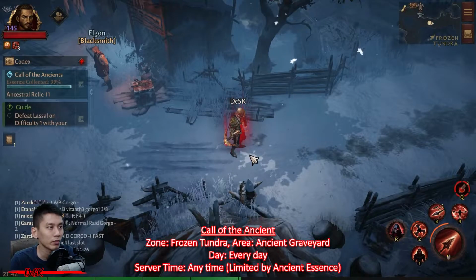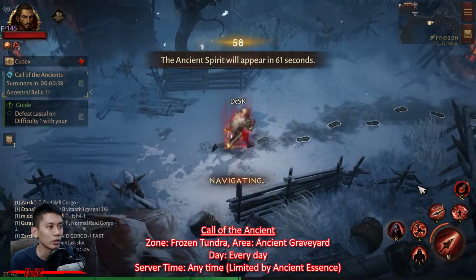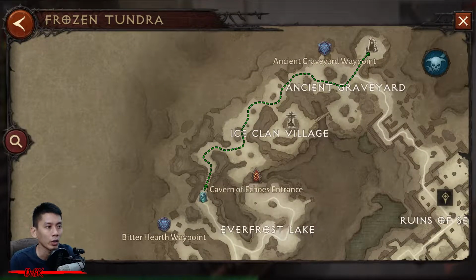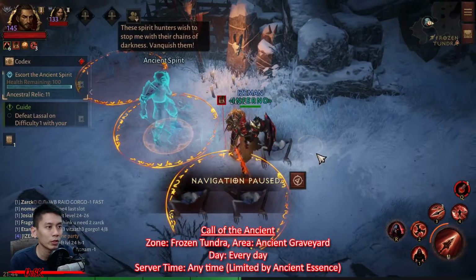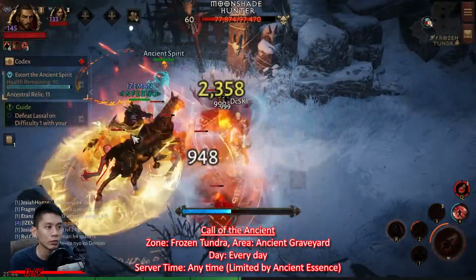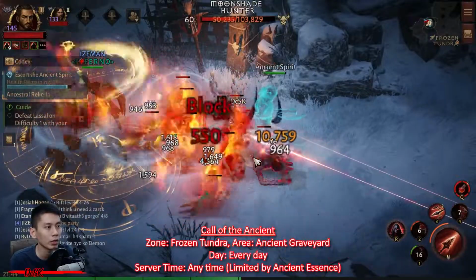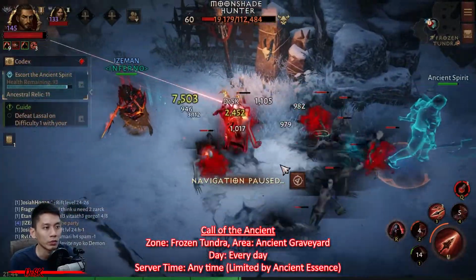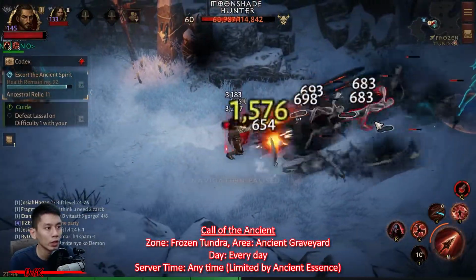The event begins after enough Ancient Essence is collected. You have 60 seconds to get to where the Ancient Spirit is summoned, near the Bitter Heart waypoint, and it needs to be escorted to the Ancient Graveyard. On the way to the Ancient Graveyard, Spirit Hunters will appear and stop the Ancient Spirit from moving forward. You need to defeat them to continue toward your destination, and defeating those Spirit Hunters has a chance to drop Ancestral Relic, as well as clearing its path of any monster